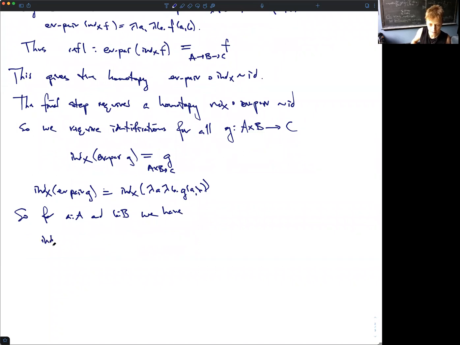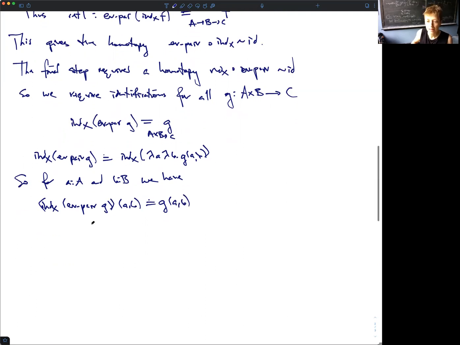The induction of the evaluation at the pair at G is the name of a function. I could apply it in particular to a pair. And once more, this is just definitionally equal to the value of G at A B. So in other words, as before, REFL, or maybe more precisely, lambda A dot lambda B dot REFL